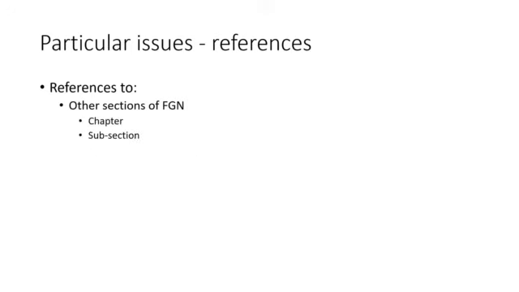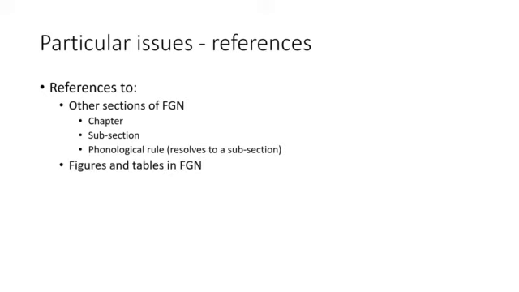The other thing I pointed to in the sample of TEI encoding is the references. And as I said, that's how we're generating the links between different components. And there's a wide range of possible references here. So there's, in the grammar, there are references to other sections of the grammar, such as chapters or subsections, and also phonological rules, which is a particular linguistic analytic tool. In fact, those resolve to subsections in a very easy way, but they're separately encoded. There are also references to figures and tables in the grammar, and there are also the references, as you saw,